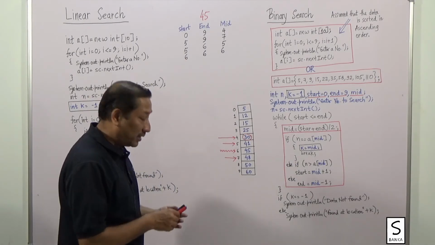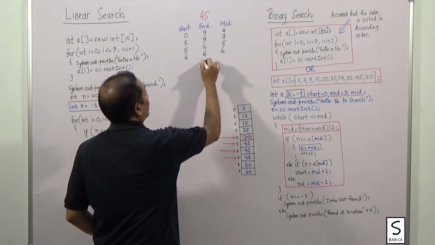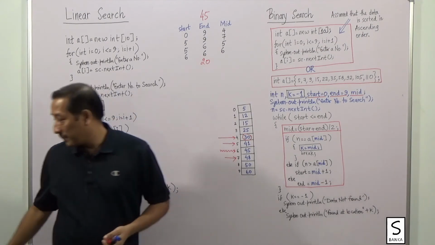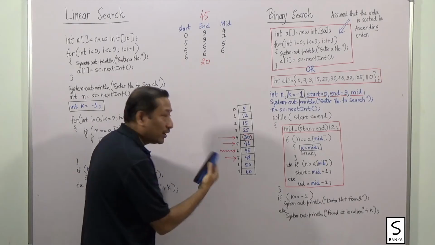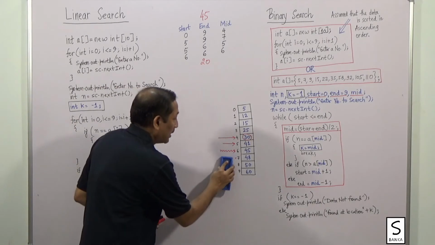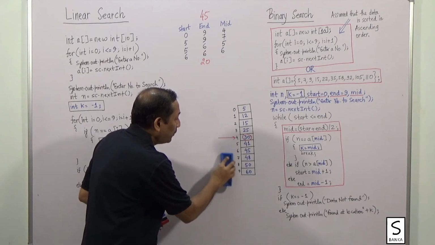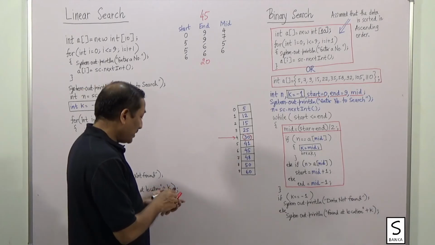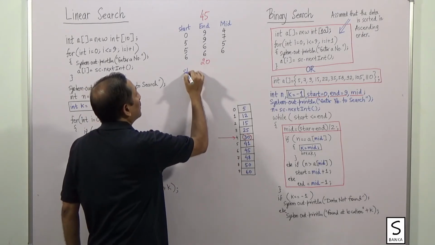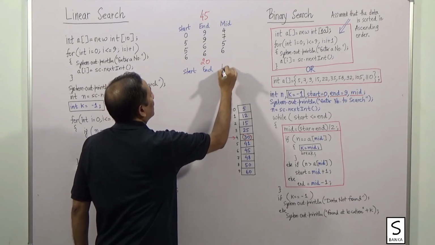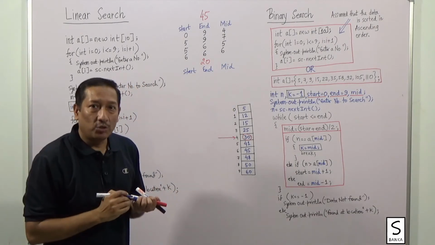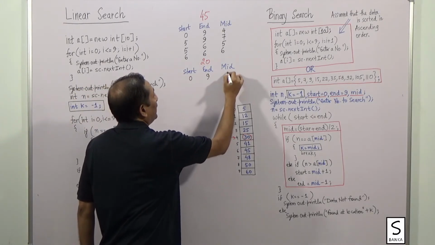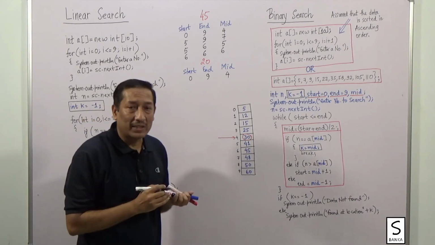Now, let's take another example from the upper side. Say I am searching for 20. As you can see, the array does not contain 20, and that is the idea. We needed to consider a case where the data existed, and we also need to consider a case where the data does not exist. So once again, we will require variables start, end and mid. And as you can see, at the beginning of the program, the value of start will be 0, the value of end will be 9, and the first mid will always be 4 if the size of the array is 10.